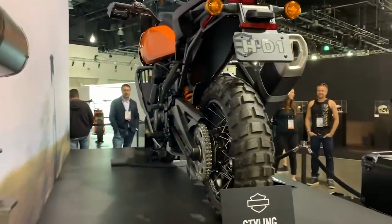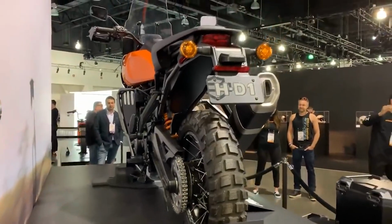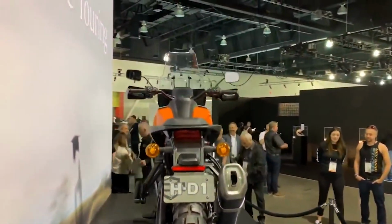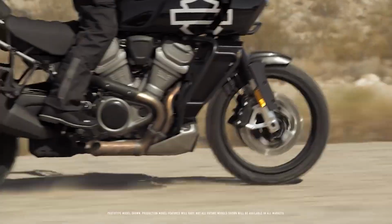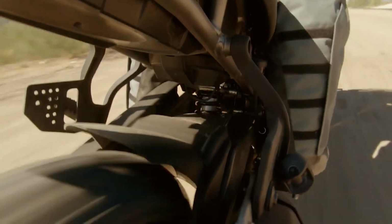The Pan America will be so far from Harley's norm. One turn signal button, model-specific Brembo brakes, and get this, chain-driven. Will Harley be able to compete in the adventure market? More importantly, will Harley be able to expand their market beyond the cruiser that they've clung to for the last century? One thing is for sure, Harley is staking a lot on their plan to take on the GS Adventure